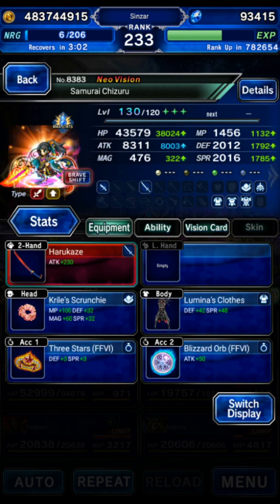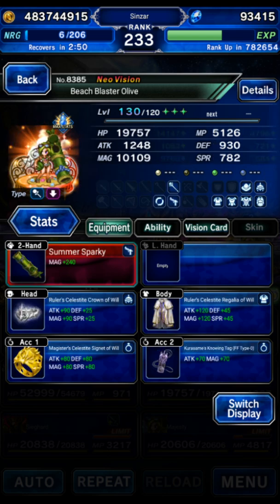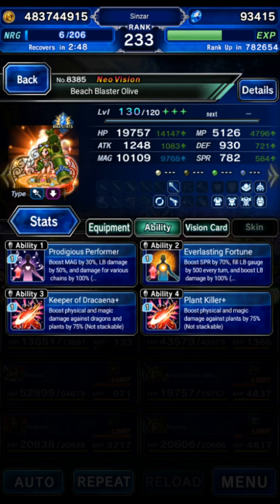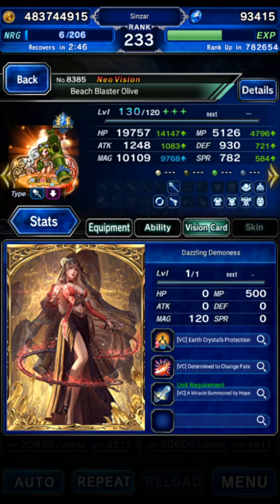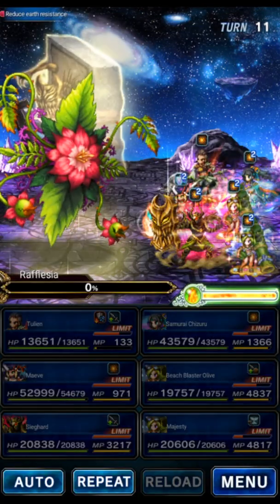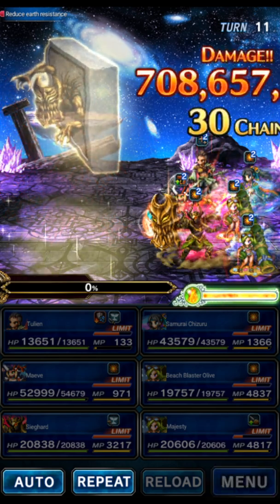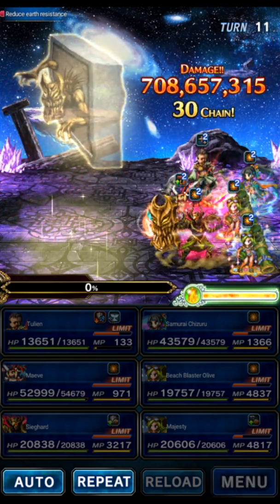And then, if you're asking why you're using Titus STMR on Chizuru, it's because it's just a high attack power. It doesn't work on her. It's just a high attack power item. Something like Roos's STMR would be even better, but I don't have Roos. And then Olive is just, you know, LB damage versus plants and just plants. And then the Demoness card. You don't have to have the Demoness card, especially for this clear, because we're more vigilant about removing that attack buff. So if you don't have the Demoness card...